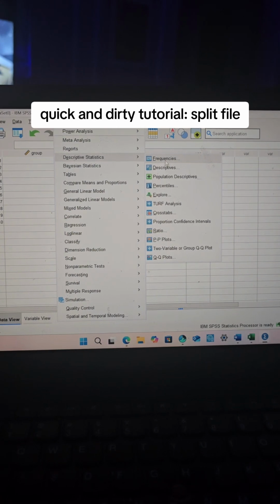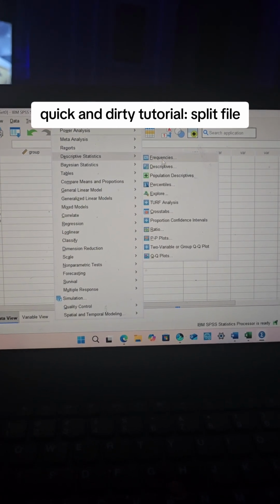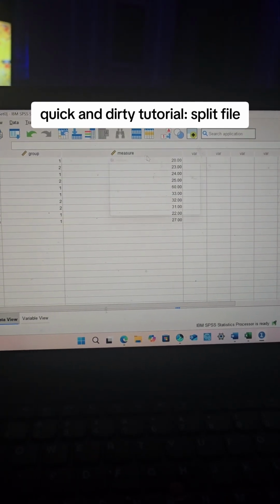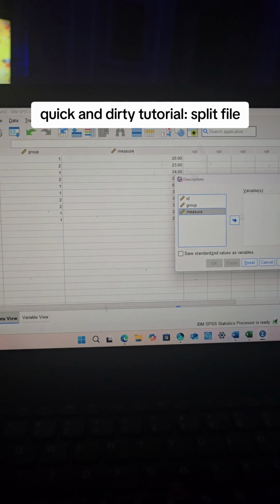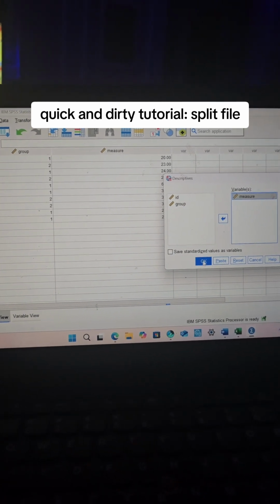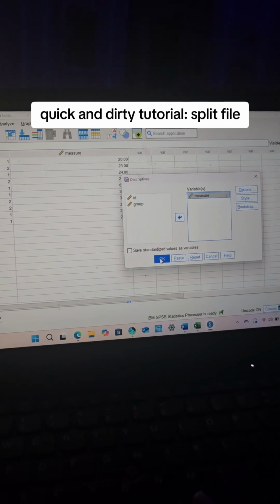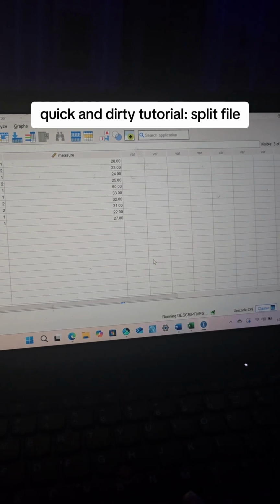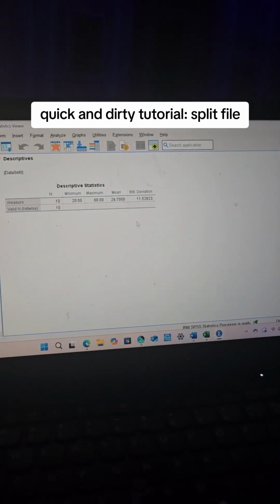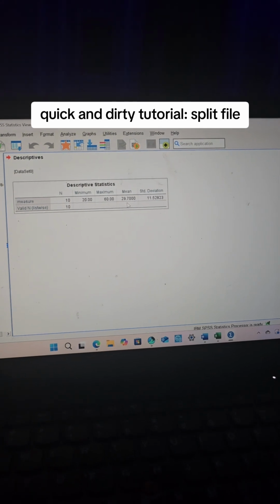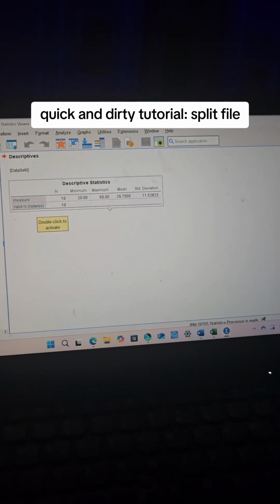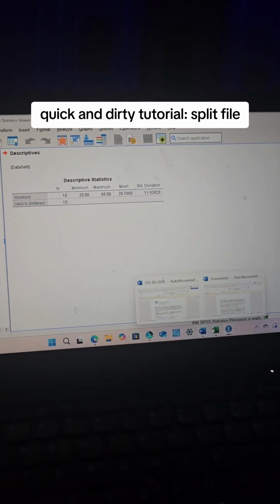I could do a couple of things in here. I could do descriptives, measure. Measure is the variable name. You're not going to see measure in every single instance, okay? And then here we have the mean, right? But what if I want the mean by group? So what I would do is,